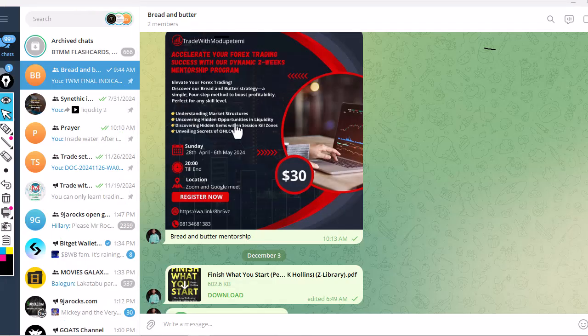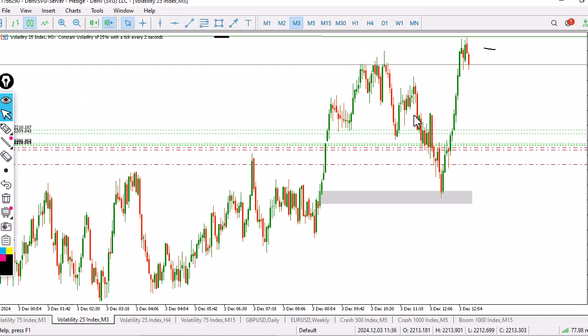understanding of market structure, hidden opportunity in liquidity, as in liquidity is everything in the market. That is what drives the market. And then the hidden gem, the session. Honestly speaking, inside session there is key zone, and even inside key zone there is still key zone. Understand these things. It is based on price and unveiling the secret of open, high, low, close. That is your power of three, just like I have demonstrated for you on this particular trade. So this is my 1 hour power of three. At the same time, it allows